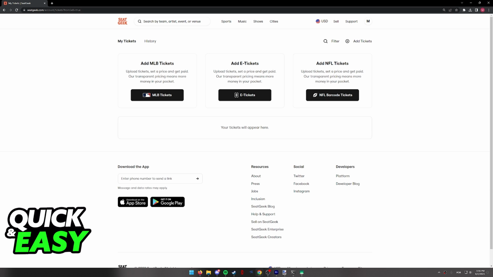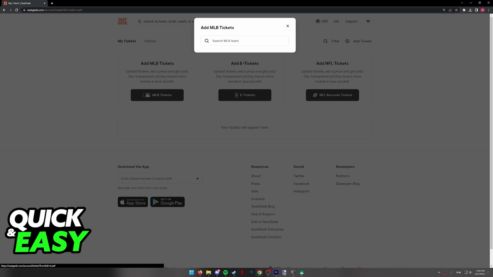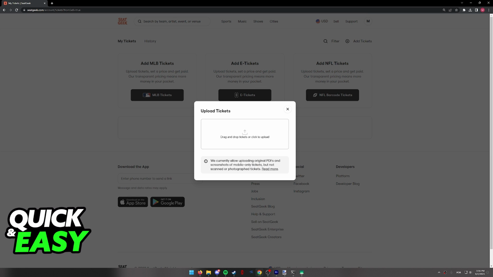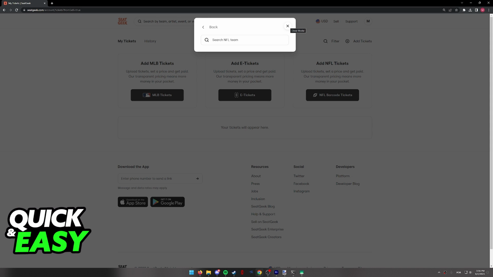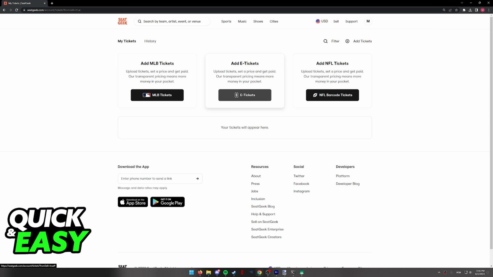As you can see, in order to sell a ticket, we need to add it to our collection. We have three main options at the top: MLB tickets, in which we have to select a team; e-tickets, in which we have to upload an original PDF file and screenshots of mobile-only tickets; or an NFL barcode, which also requires us to search the team. If you are selling tickets from Ticketmaster, this is most likely the option that you are going to be using,